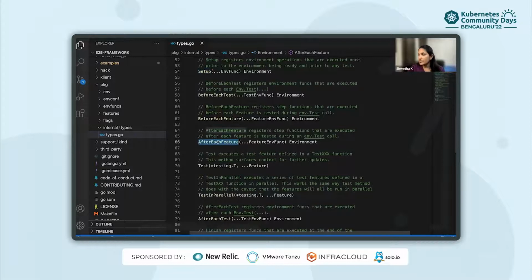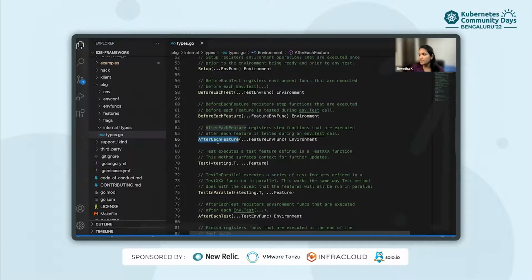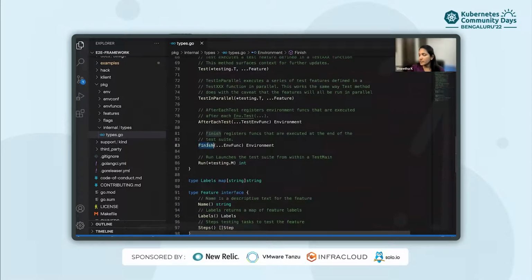After each feature, it registers the step functions which are executed after each feature. With finish, you can register the functions which are executed at the end of the test suite.